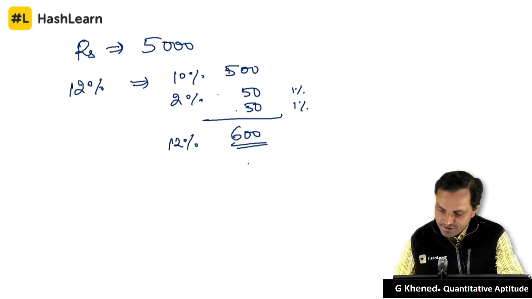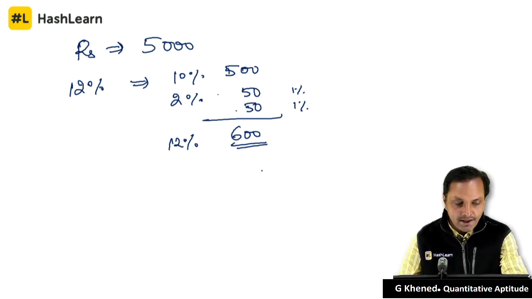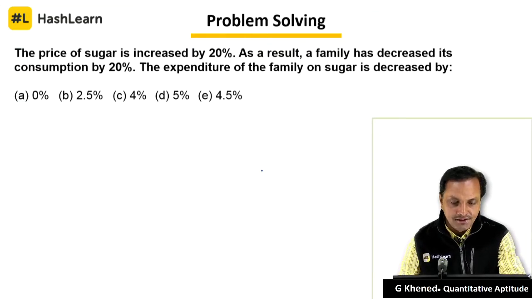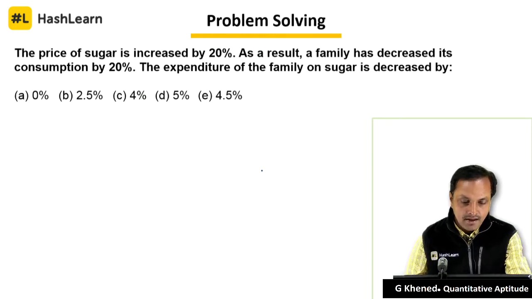So with this basic, I would like to directly take you through the problems. I'll give you many strategies where and how to use these concepts in solving the problems. So here is the first problem. The price of sugar is increased by 20%. As a result, the family has decreased its consumption by 20%. The expenditure of the family on the sugar is decreased by, see here,